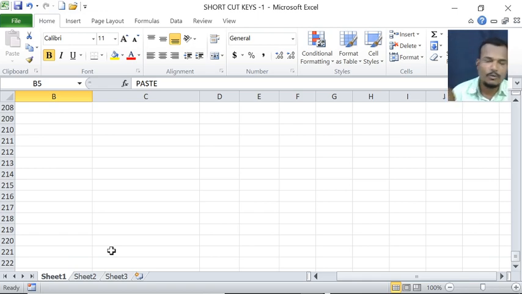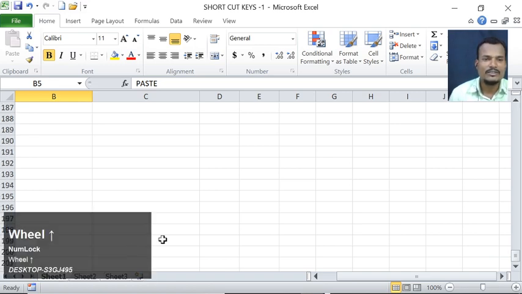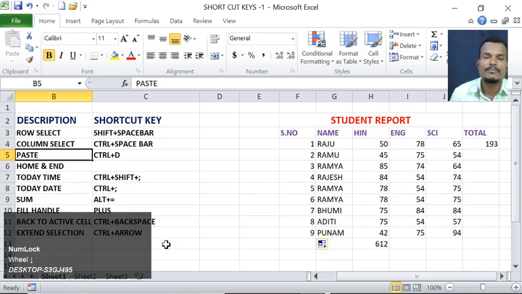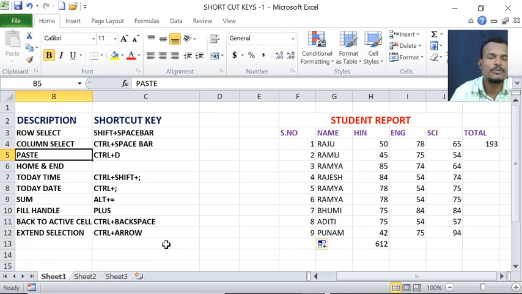Suppose you want to go back to your active cell, just press Control and Backspace. Automatically you will go to your active cell. So this is about back to active cell, Control plus Backspace.